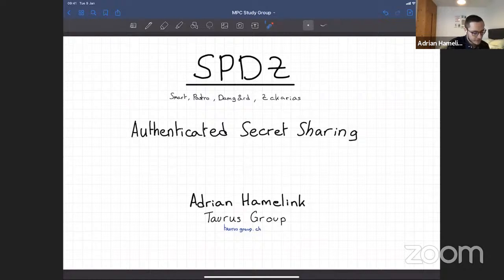If you're sampling a random value, that just means that each party is going to be sampling a random value. For addition of x and y, each party just adds up their different shares. And if you want to open or reveal a value, each party reveals their share xi, and then you can sum them up to obtain the value x.